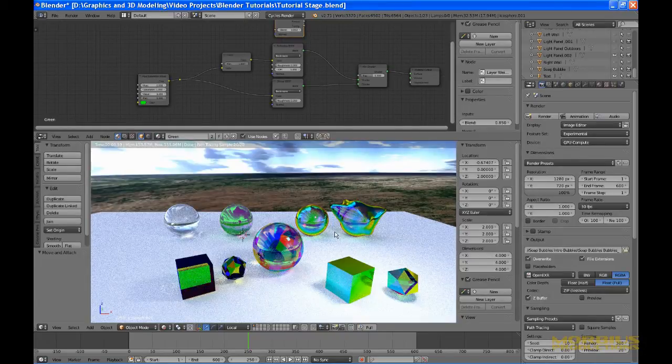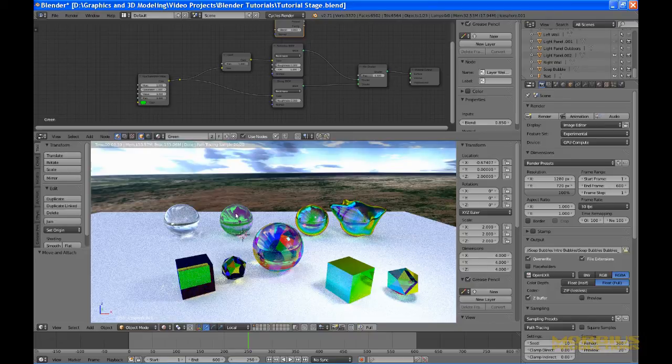In this tutorial, I'm going to show you how to make two different types of materials. One is a dichroic material, which produces an effect where the reflected light off an object is a different color than the transmitted light. And the other material is an iridescent material, where the reflected light off an object and the transmitted light through that object depends on the angle of incidence of the light, in this case the viewing angle